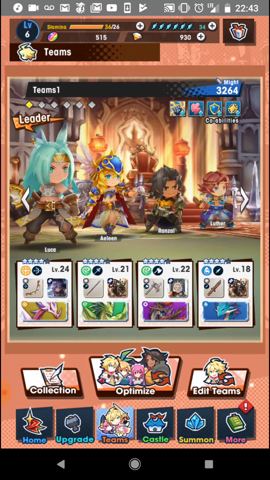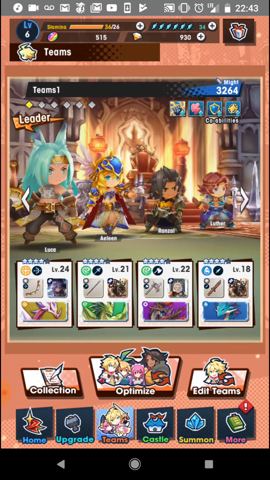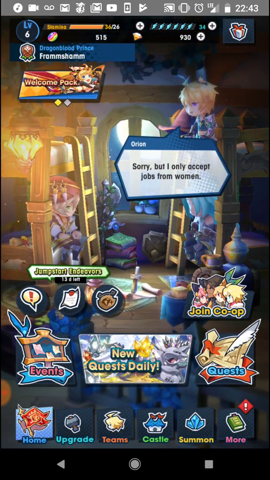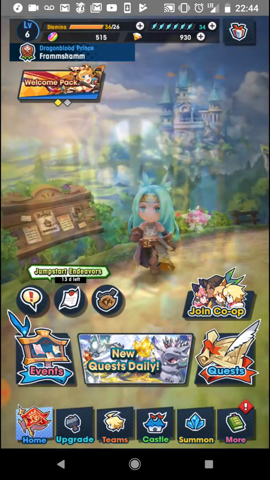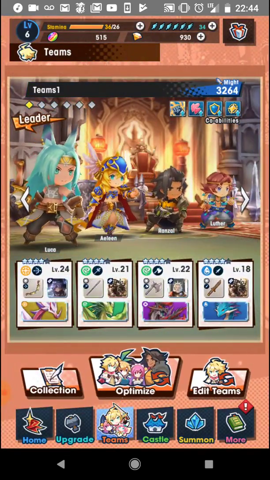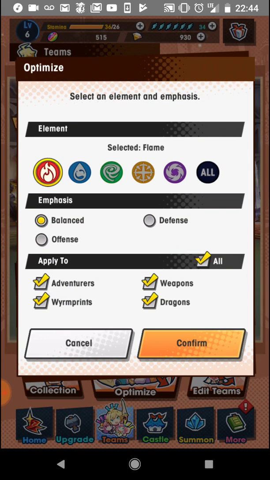But one cool feature that I do like is when you go on these quests, you can use that optimize button. Where is it? Right here. And you can optimize for any sort of affinity. So if you're going into a water level and you want to optimize for wind, it'll pull out your strongest wind team. There are some drawbacks to this, in as much that